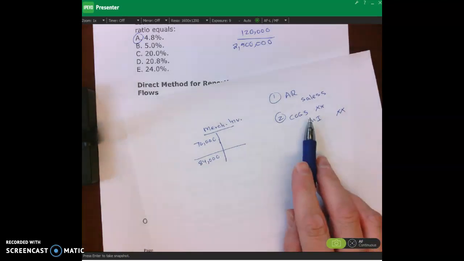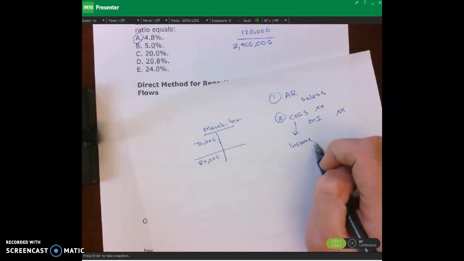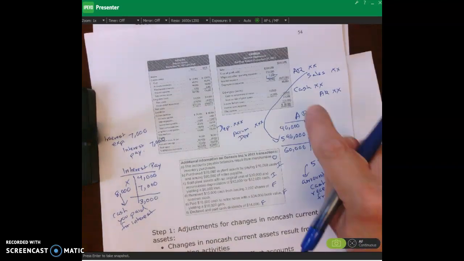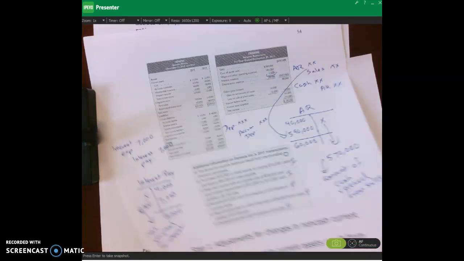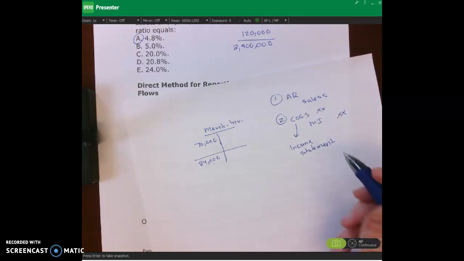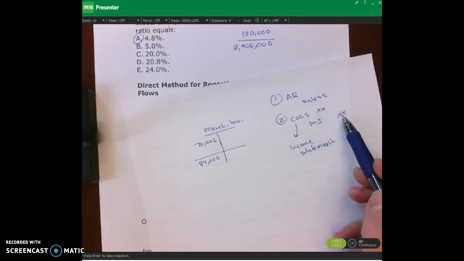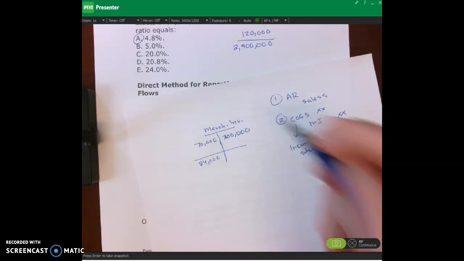So if we look on the income statement, we can find cost of goods sold. Go ahead and look on the income statement on that page of your course pack, and I'll bring it up. Here's cost of goods sold. It's $300,000. So following along with the journal entry, we would debit cost of goods sold for $300, credit merchandise inventory for $300. So what I can do is put that right here on the credit side for the